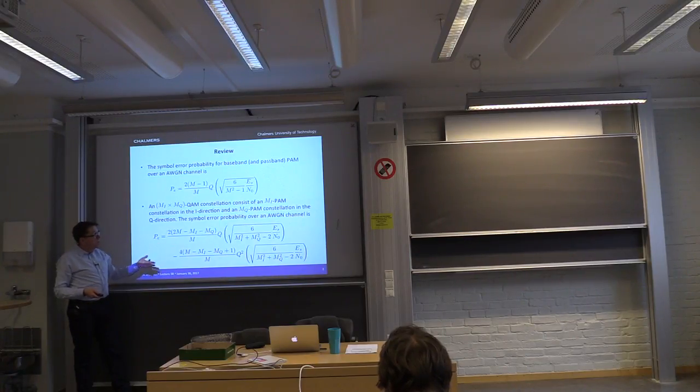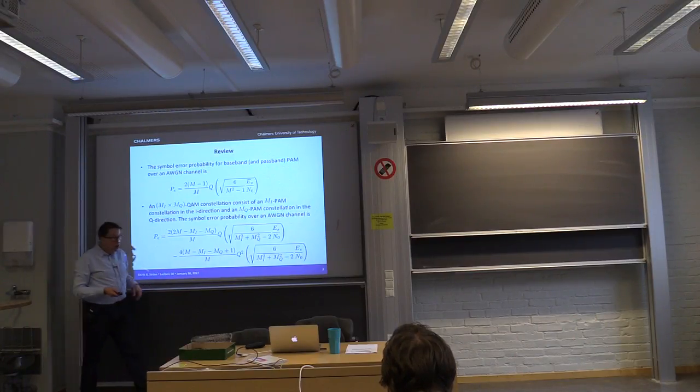And what one can say here is that if one would compare these two schemes, this scheme is more power efficient, in the sense that if we want to transmit a certain number of bits per symbol, we require less power for QAM compared to PAM in general. Obviously, when M is equal to 2, it doesn't matter, but when M is greater than, say, 4, then this kicks in. Okay,